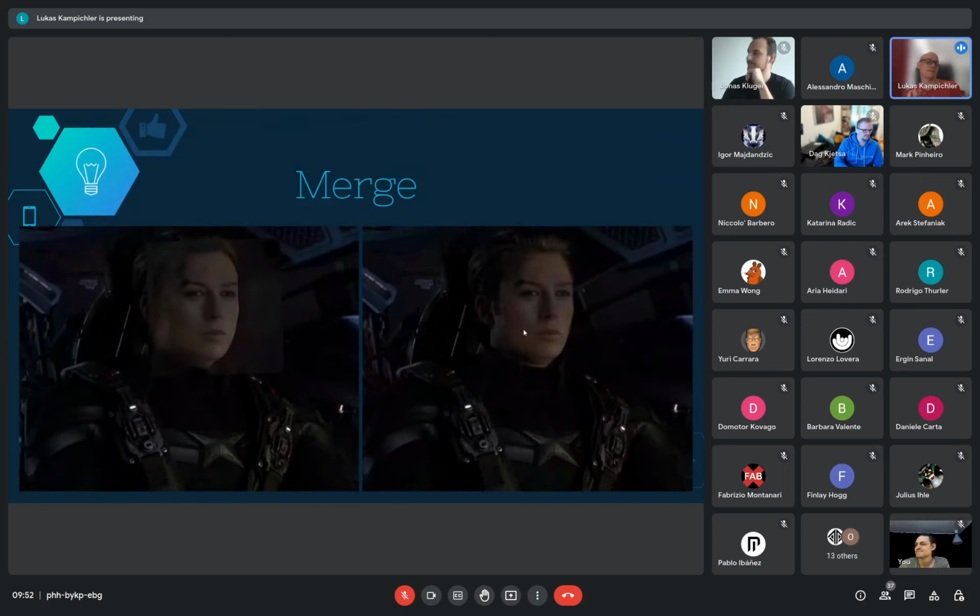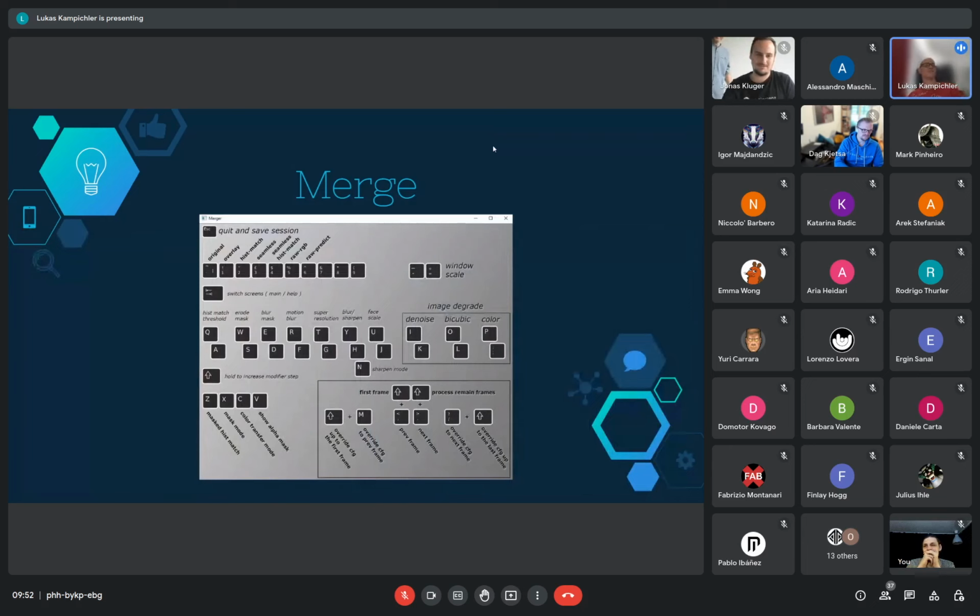So yeah, that's the training, and after the training we have the merging process, which is, as I said, basically the export. And here the deepfake software gives us, I would say, a low-level compositing software.